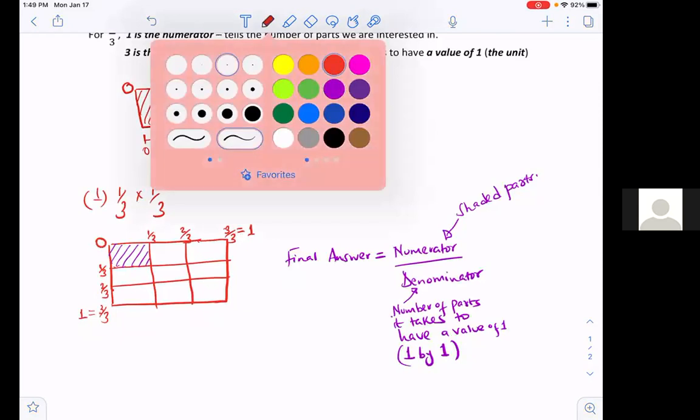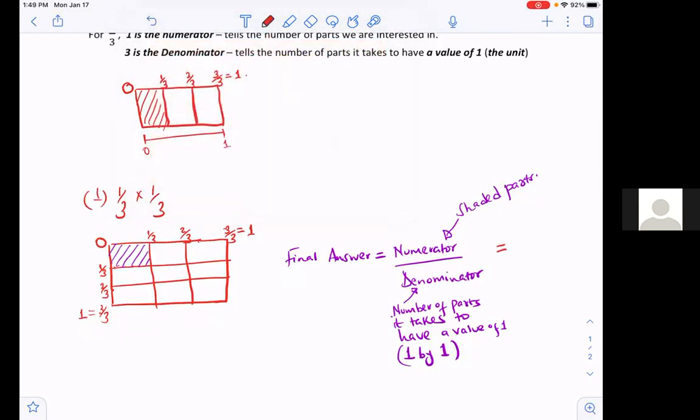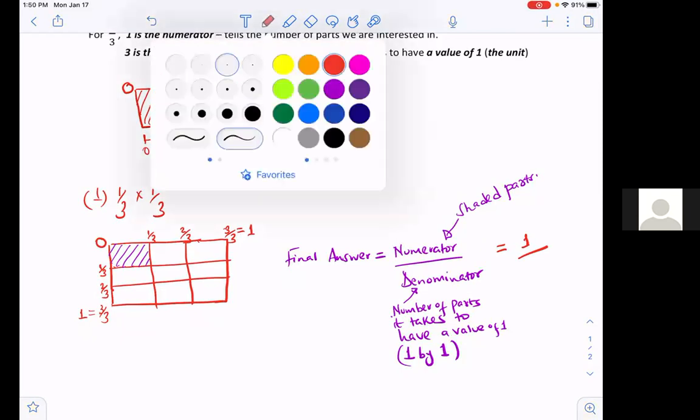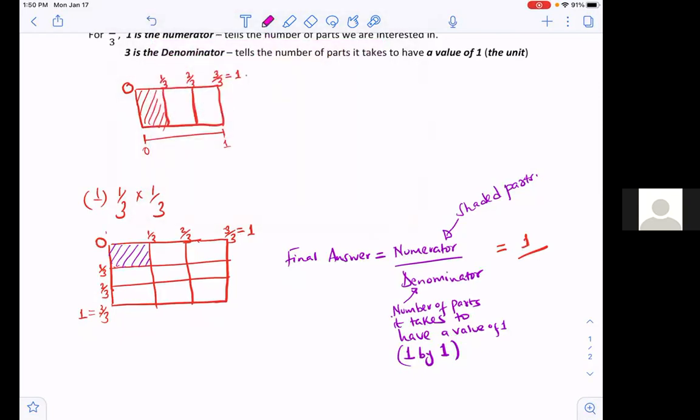Now, the numerator, the shaded part, is only 1. The denominator is the total number of parts bounded by 1. If I use a different shade here, from here to here,